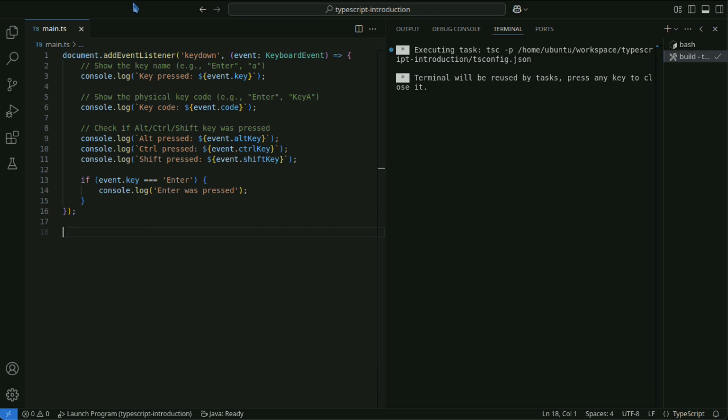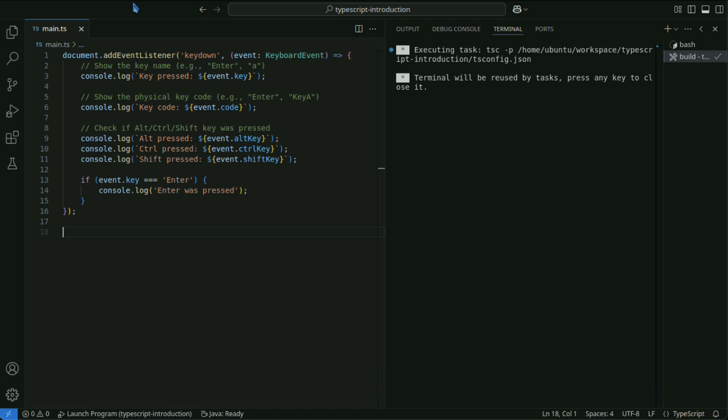The KeyboardEvent has the following properties. key is the name of the pressed key, such as Enter or A. code is the code corresponding to a key on the keyboard. altKey, ctrlKey, and shiftKey are properties that indicate whether the Alt, Control, or Shift key was pressed.